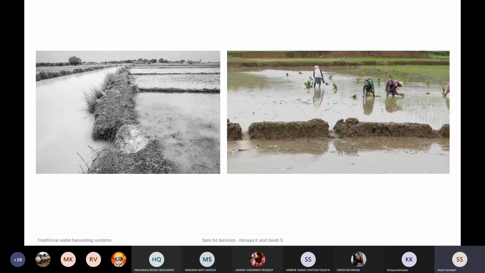But basically, depending on where you give your openings in the bunds, it will allow you to let the water from one plot to another accordingly. So that's essentially what we're looking at in terms of an ahar, and this is essentially what you're looking at in a flood condition or a large water situation.